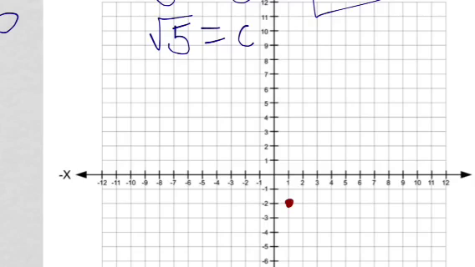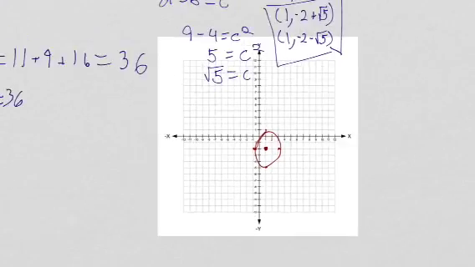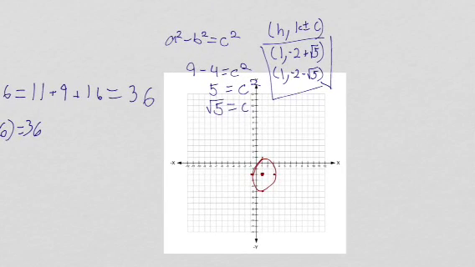So 1, 2, 3. And then the other one was 4, and the square root of 4 is 2. So that'll be 2 units, and it will give us a shape like that. Sort of, if you know how to draw. It'll be better. But yeah,